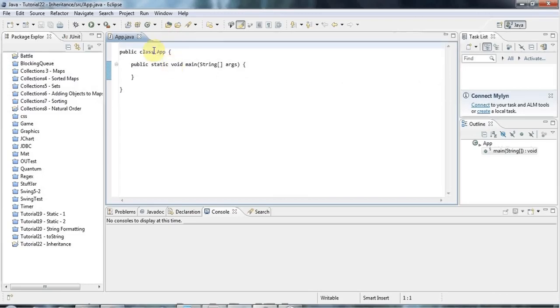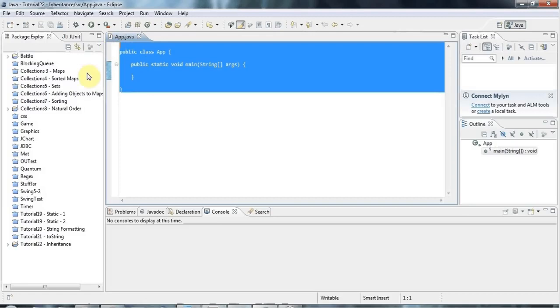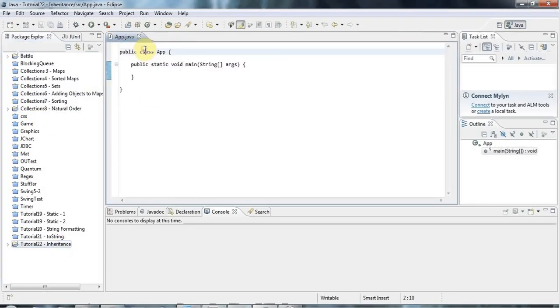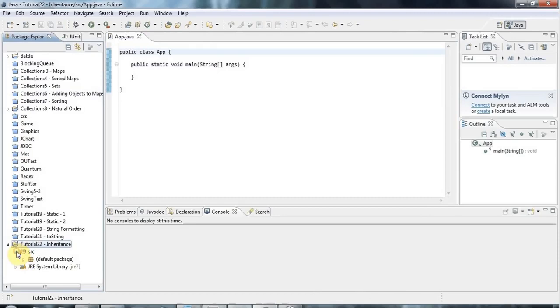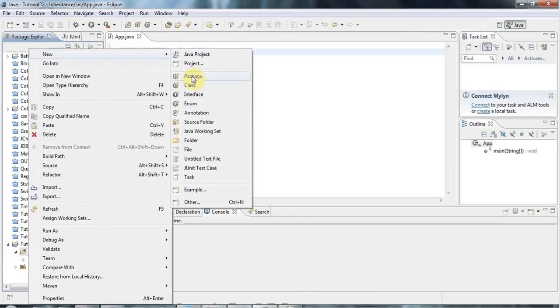Okay, so let's create a new class here. I've got my main method set up in this class in Eclipse. And so far in these tutorials I've been creating classes in the same file, but I'm going to switch now to creating classes in separate files, which is what you will do most of the time in your programs. So let's just expand this, and I'm just creating everything in the default package here, and we haven't covered packages yet. So I'm going to right click the source folder or the project folder, it doesn't matter, and go